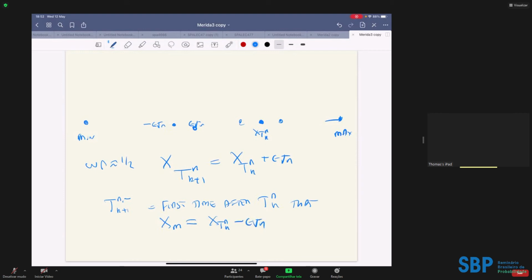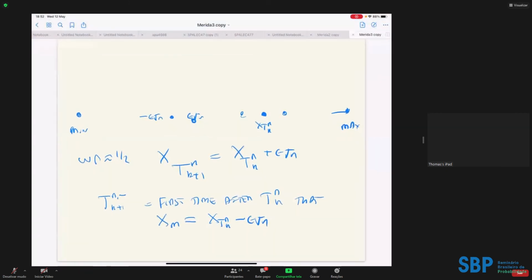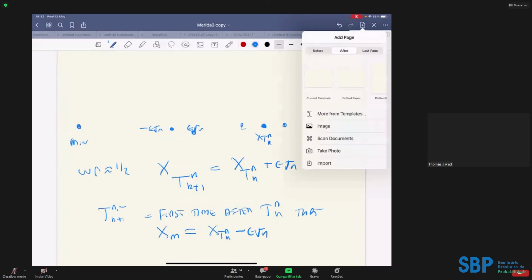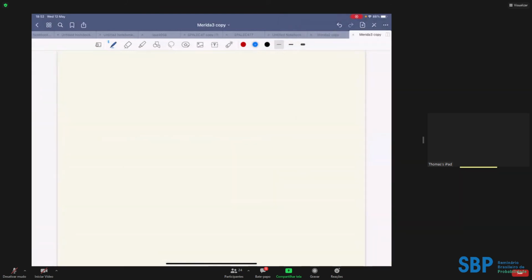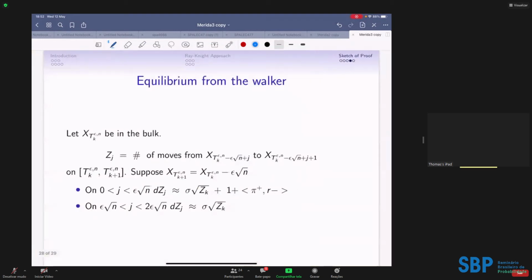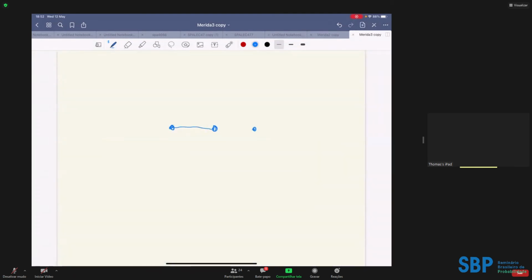So we're going to look at the process starting here, and we're going to look at it when we first get to here. Okay, maybe we've got to here first, maybe not. But the point is, from this, we can say to ourselves, well, if we look at the number of passes we've made from here to here, as we move along, this is going to be